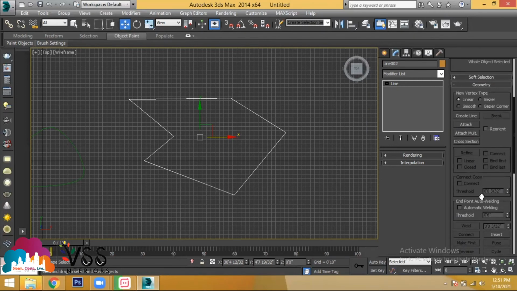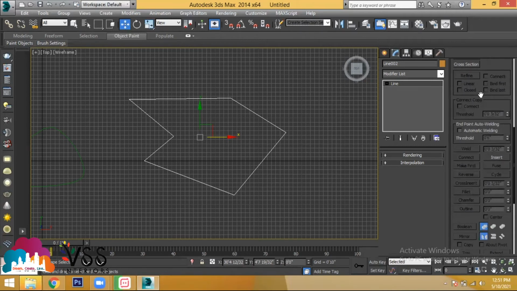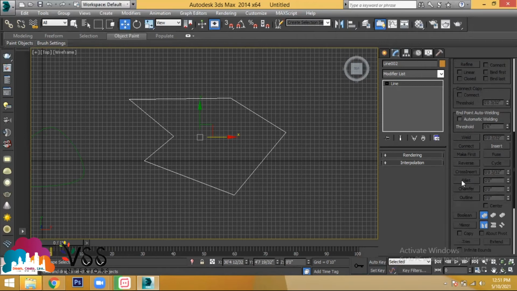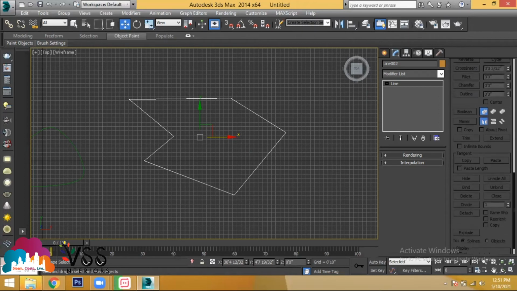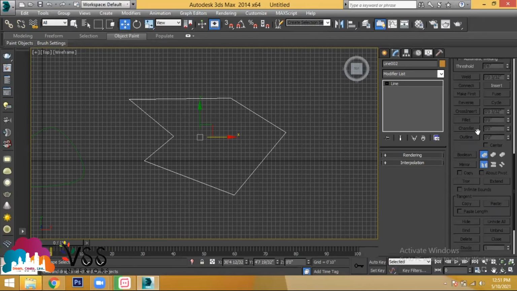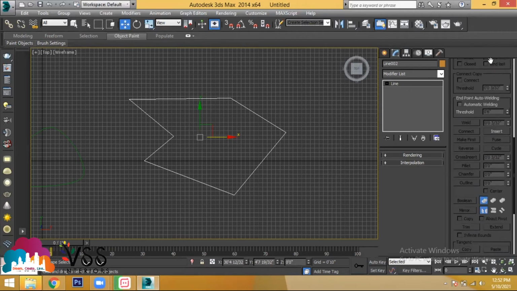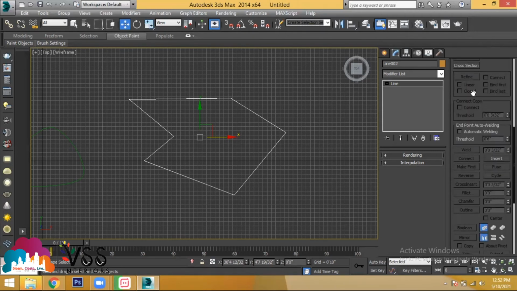See, do you find the option to provide dimension for the line here? You have create line, attach, multiple, cross section, threshold. This is not dimension. Weld: this dimension is about how much welding you need, how much fillet you need, how much outline you need. So do you have any dimension to provide in the box over here? Can you see the option to provide dimensions for the object? No. It means you can't provide dimensions for the line. You can't provide dimensions for the object called line, but you find multiple options here. So when these multiple options get activated, that is what we need.